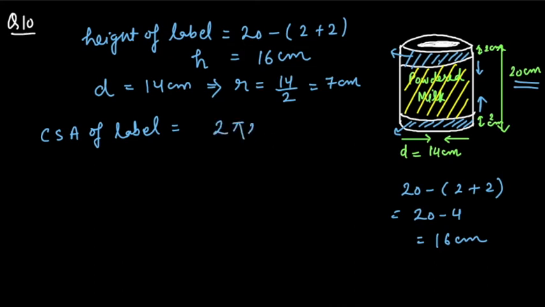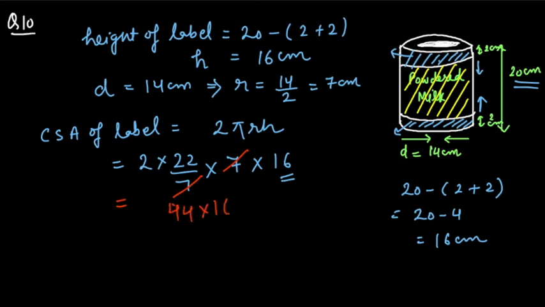And the formula to calculate CSA is 2 pi R H. Let's place the value 22 by 7. R we have calculated as 7. Height is your 16 now. So this is important that you convert height to 16. Now this 7 and 7 is cancelled. 22 into 4 will be 44 into 16. 16 fours are 64, a 6 carry over. 16 fours are 64 plus 6 gives you 70. So 704 centimeter square will be the CSA of the label which the milk company has placed in the center after leaving the space 2 centimeter from the top and bottom both sides.